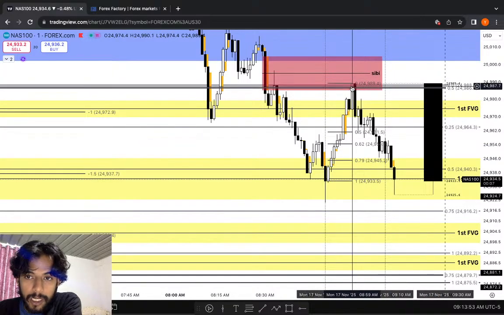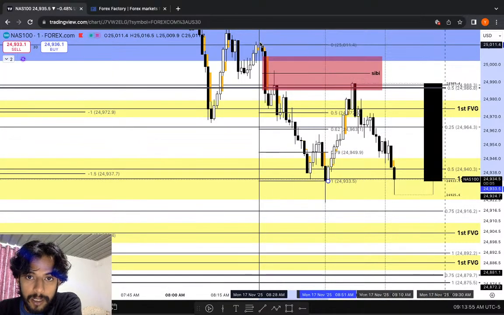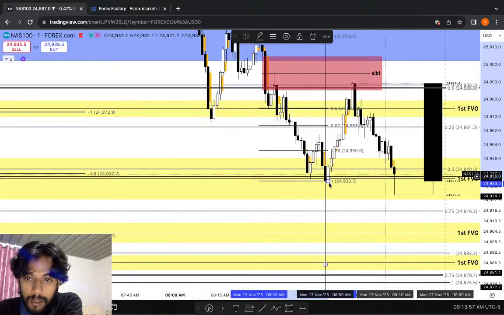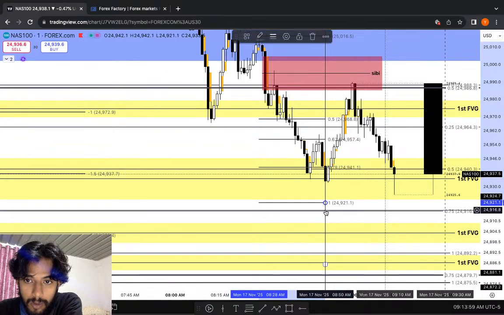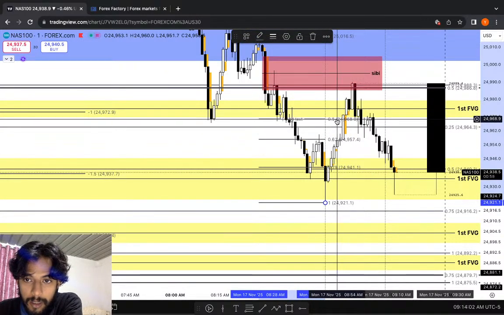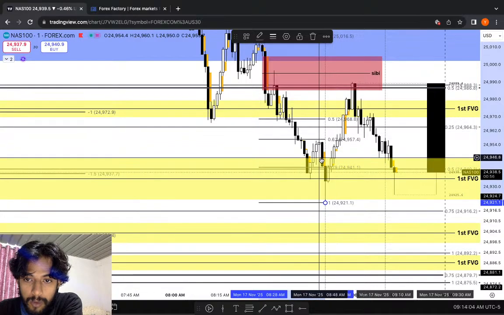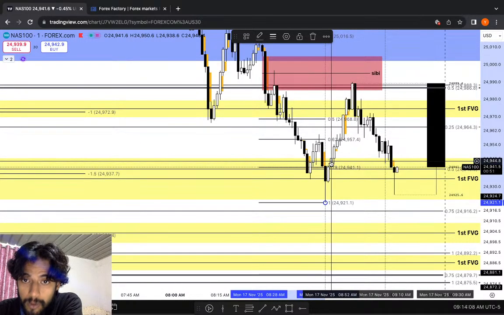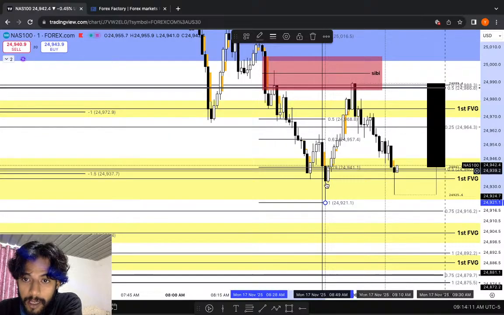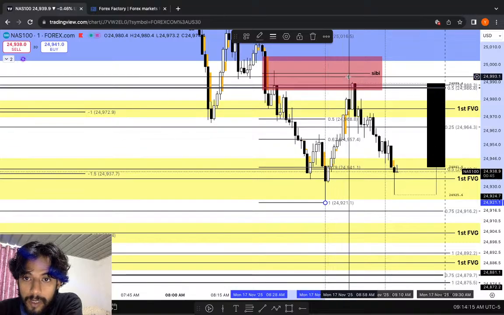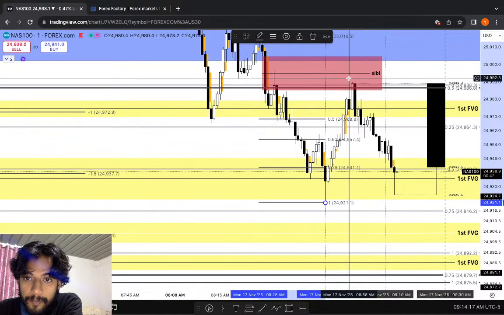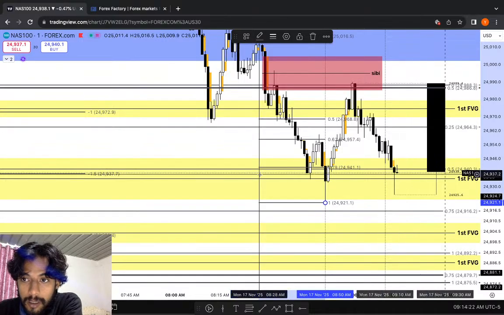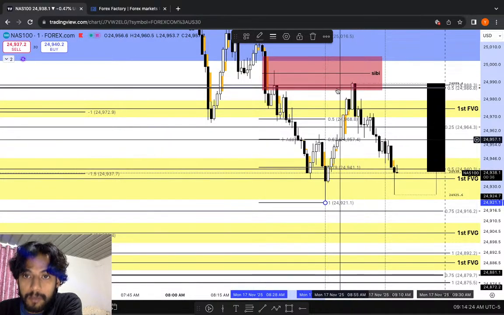And how you can do that, let me tell you. You take this high down to this low. What's the 50%? It is right here. We were below the 50%, which was the discount of this range right there. We are in the discount. So from discount, we try to move higher into the premium. Okay. And this was a good tradable move, guys.